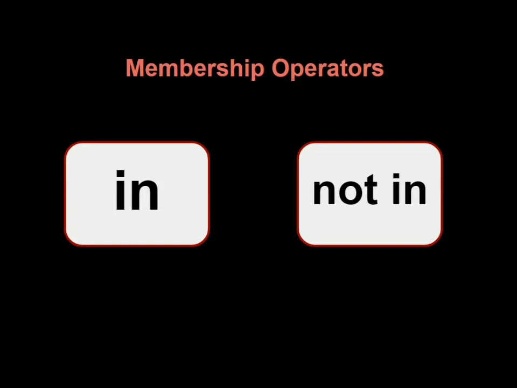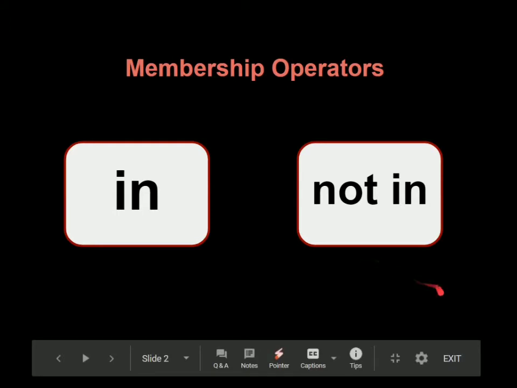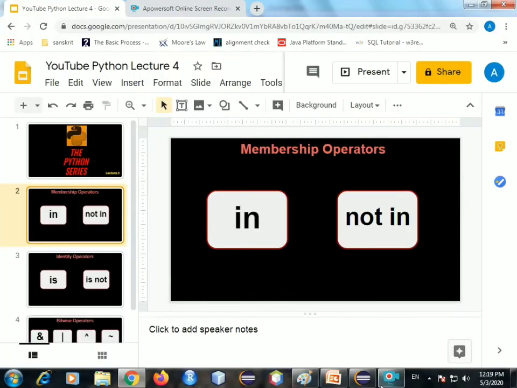Now, membership operators, on hearing the word, you all might have an idea that it's about owning something, right? There's a person A and an object B. So membership means that A owns the object B. Using that pictorial idea, let's understand these two operators in membership. We have in and not in. So how are they used? Let's just directly code and understand. It'll help you get the best idea.